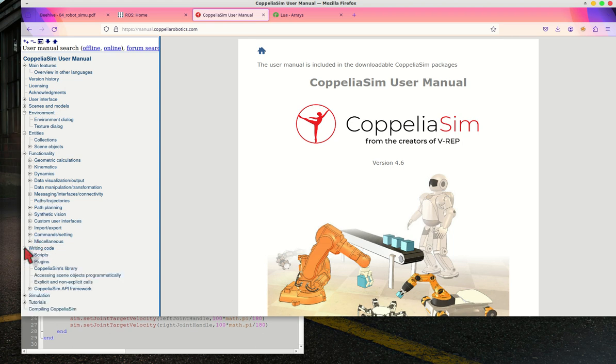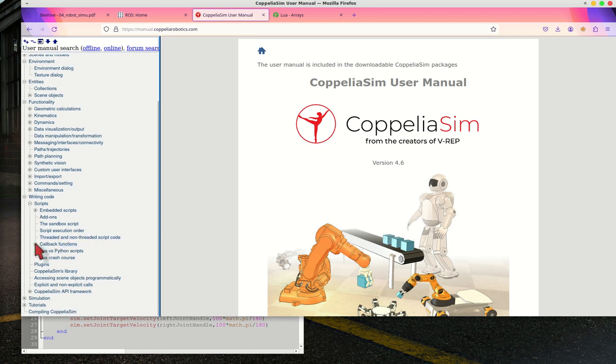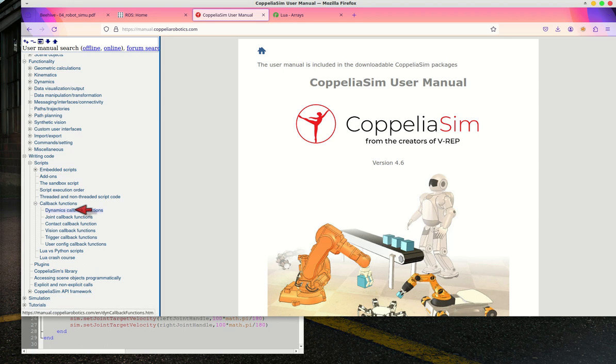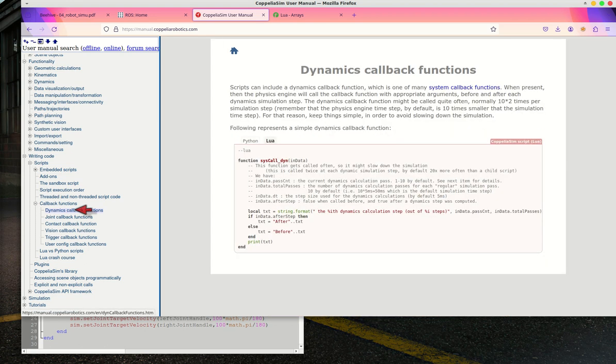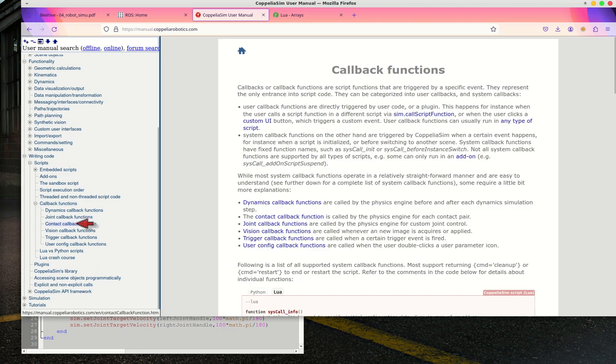This is the API of the CoppeliaSim. You can refer to the CoppeliaSim user manual.